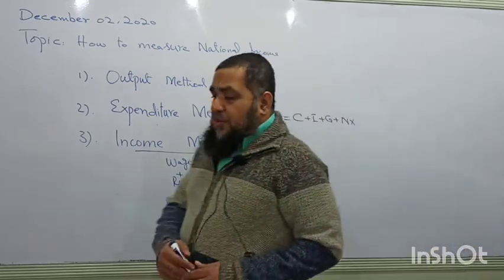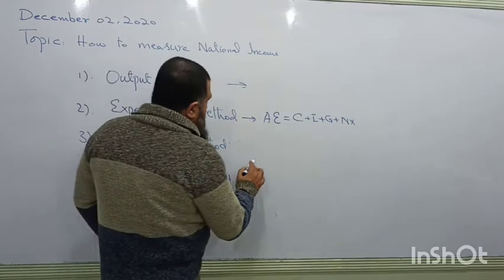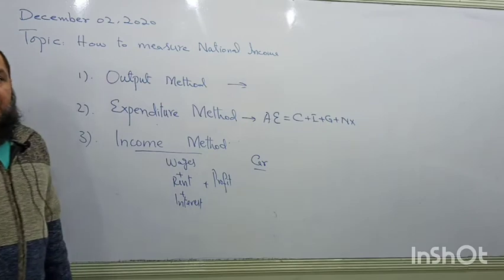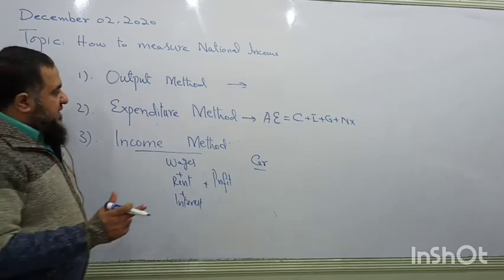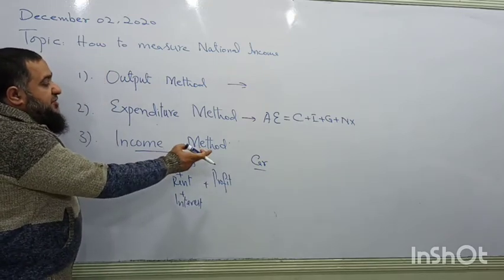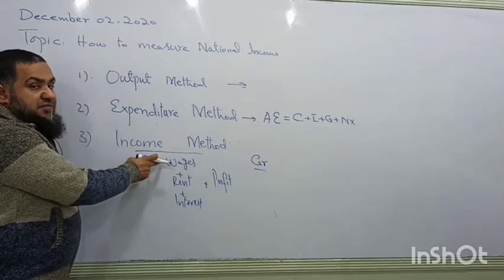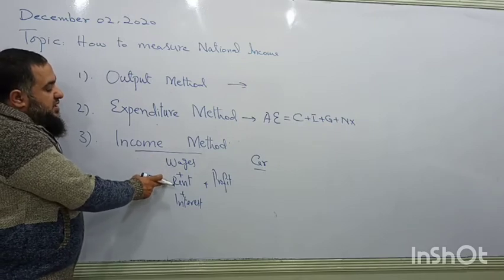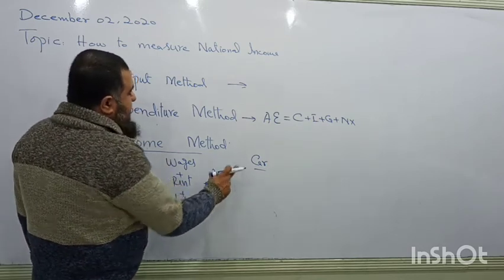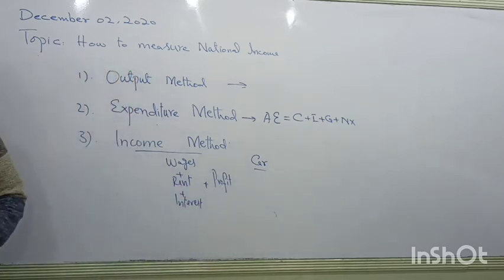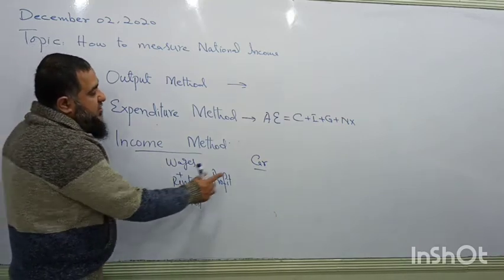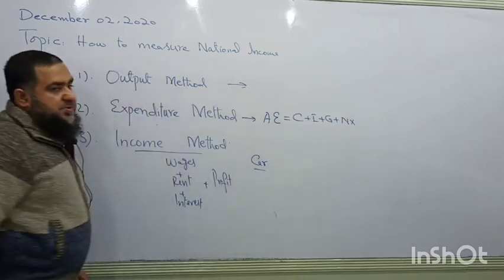Suppose a firm has produced a car, the value of this car can be 1 million. So that 1 million rupees is the value of that car. So this 1 million rupees is divided into these incomes. Some of that money will be given in the form of wages, some of that money will be paid in the form of rent or in the form of interest, and the rest is the profit of that corporation which is producing the car. So that income which comes to us, actually that is coming from this output.